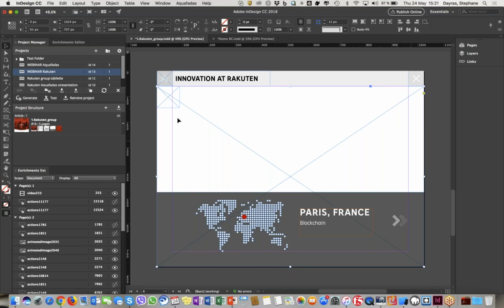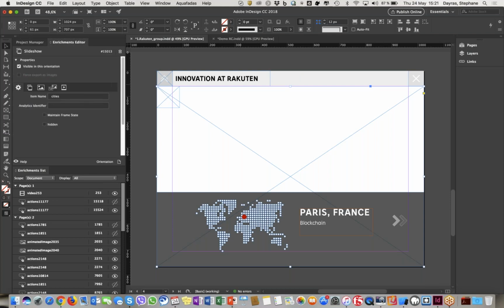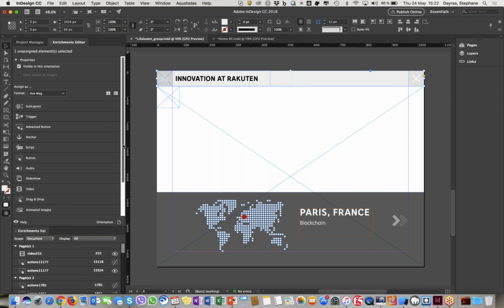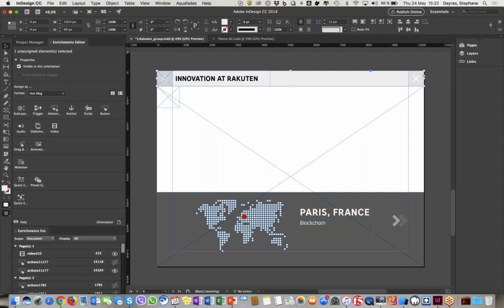So let me switch back to Adobe InDesign. If I click anywhere, first of all, on a box which has no enrichment yet, and for that purpose I need to go there. So I clicked on that top box because I know there is no enrichment there. In that case, you can see that you have the list of available enrichments in the enrichment editor. Let me give it some more space, and you can see that the palette is adjusting automatically. You can see an icon grid list. You can also have a vertical scrollable zone for all the enrichments. It's up to you. You manage it the way you want.